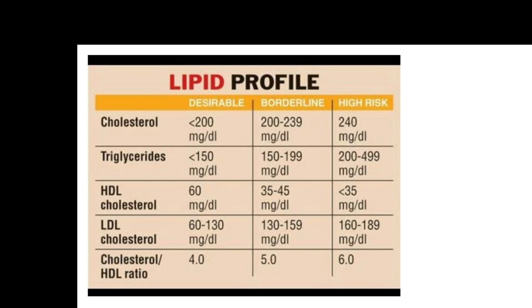Now, the normal levels are considered to be 200 milligram of cholesterol, triglycerides 150, high density lipid 60, and LDL between 60 to 130. And the ideal ratio of high density to the low density lipid cholesterol is 4.0. Now, when this ratio increases to 5 to 6, the risks are more. So that's the usual normal ranges seen in patients